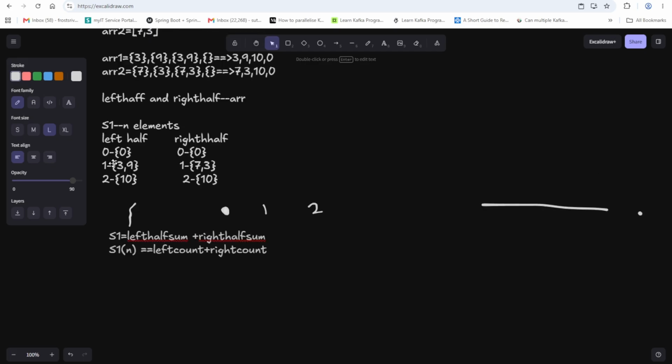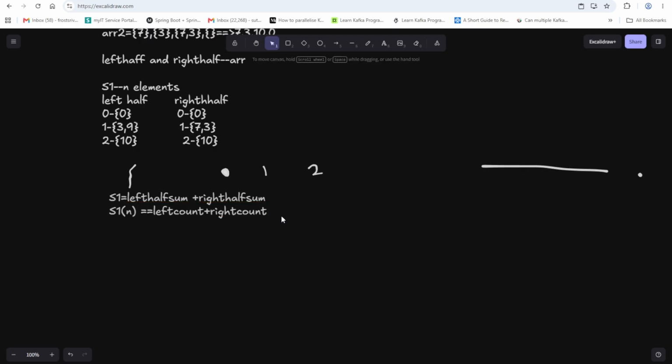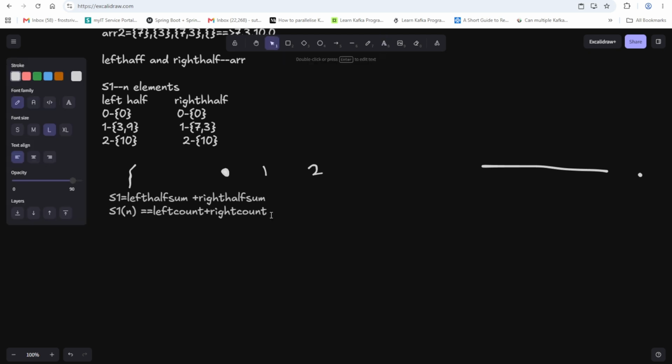And also we are tracking both here. We are tracking the subset sum along with the count, I mean counting the number of elements required to make that particular subset sum. Here we are tracking both. So suppose we come to a scenario where we have taken